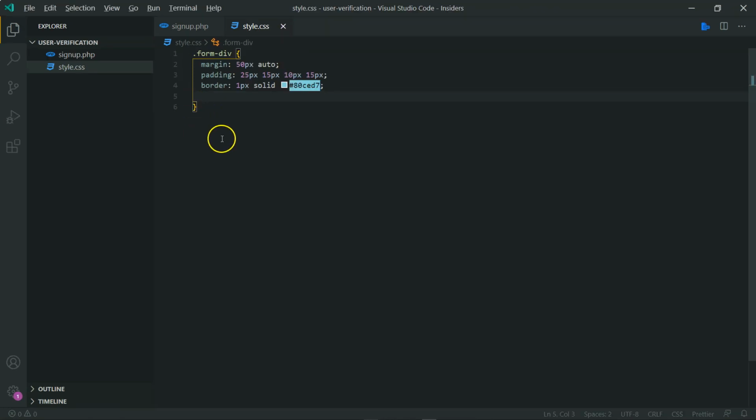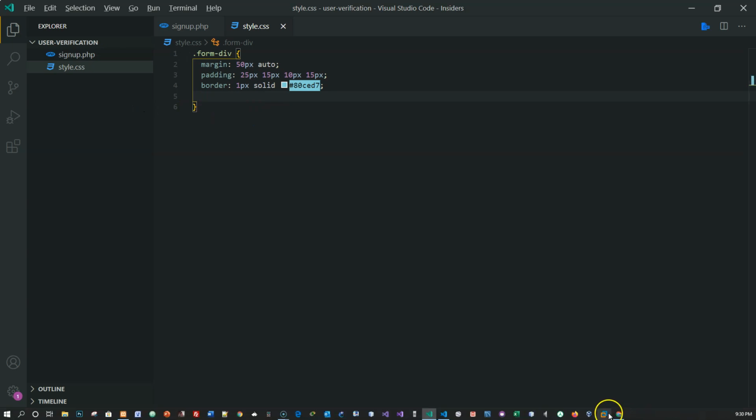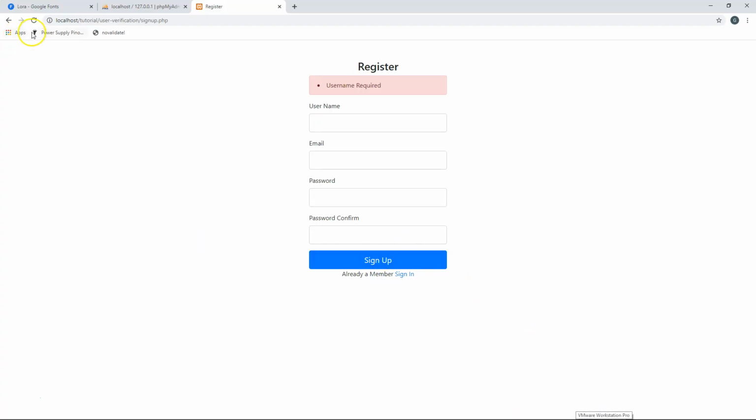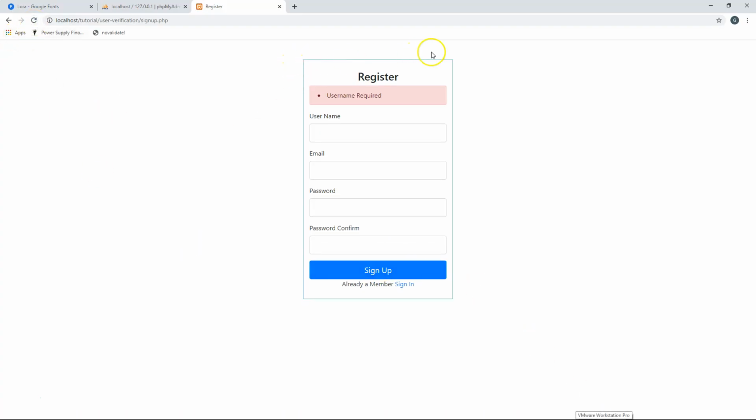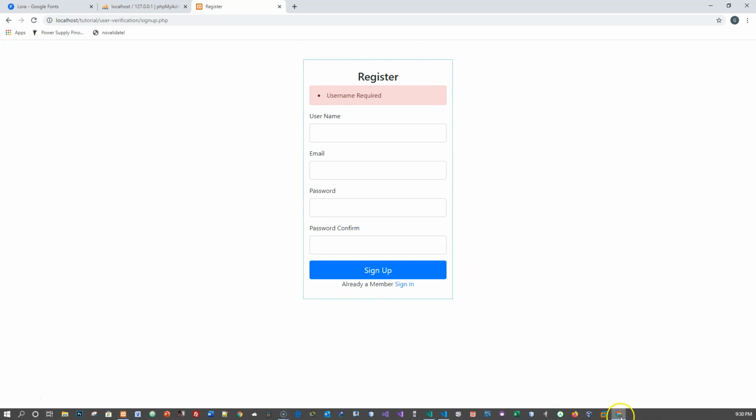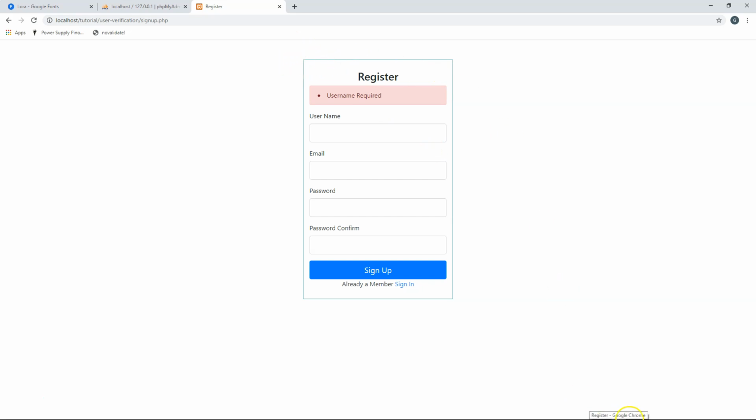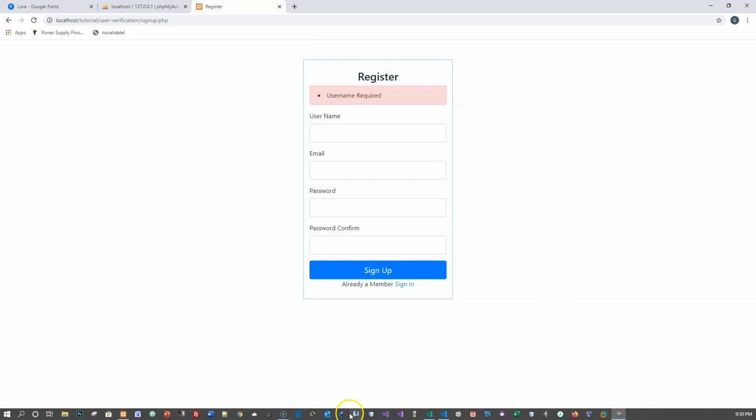That should help. Let's have a quick look at that. Okay, so we're a bit square short of border. Let's add some border radius to round these corners,